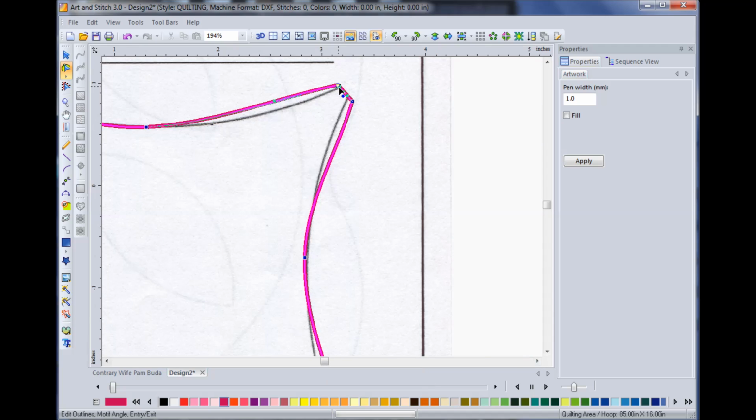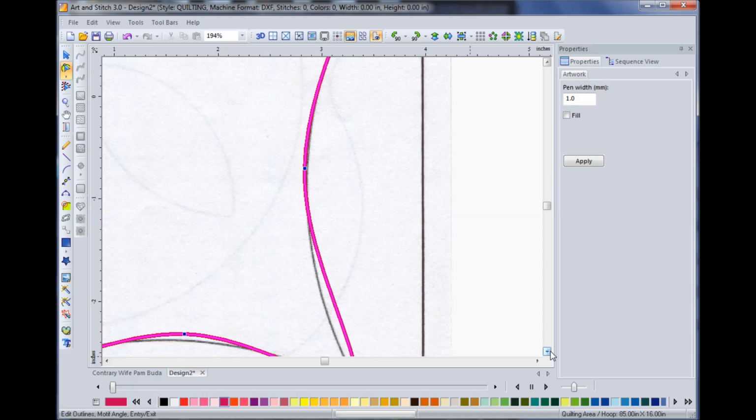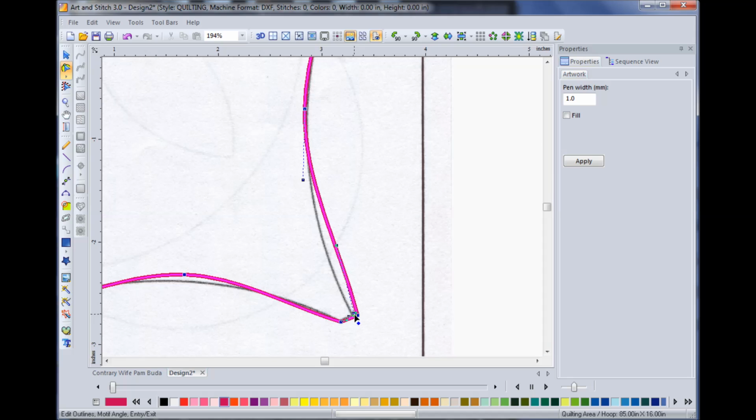I came from an EQ world where I learned how to do applique, and it actually took me a little while to adjust to Art and Stitch, but I am just loving it for doing applique shapes. I think the nodes are very easy to maneuver,